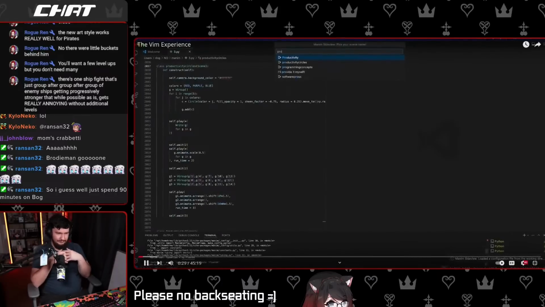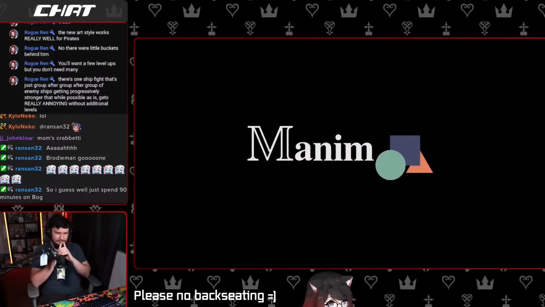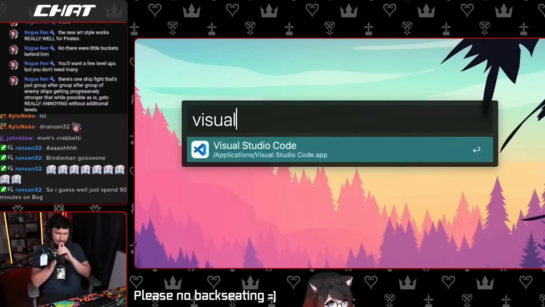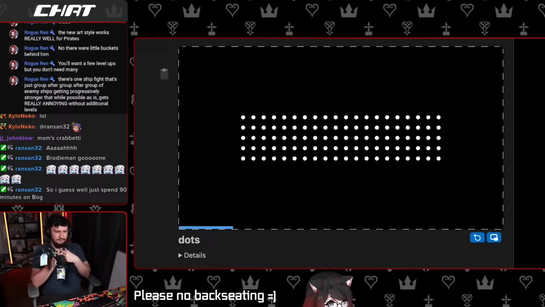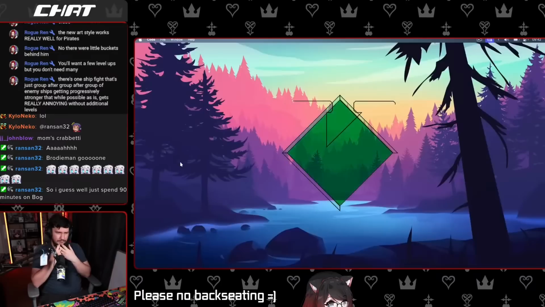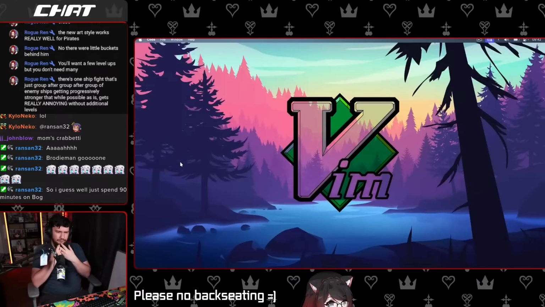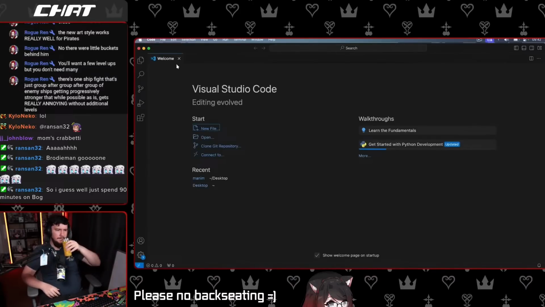Now, the only thing I know about coding is how to create animations with Python using a library called Manim. And for doing that, I've always used Visual Studio Code. What is this animation? Interesting. I'm not sure where I use this one. Anyway, so instead of using Visual Studio Code, I'm going to try to use Vim to create one of these animations. Now, obviously, we're going to need an animation to create. So I'm going to whip that up first.